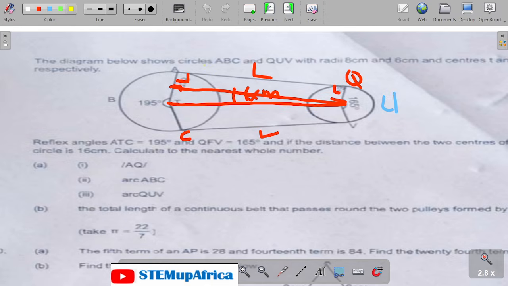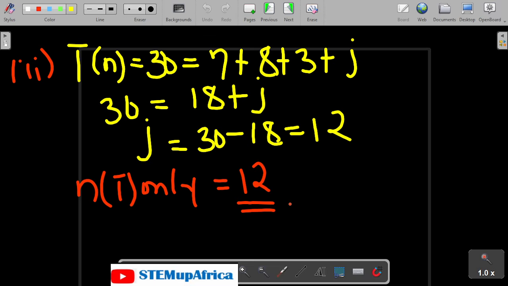Then calculate the length of the continuous belt that passes through two pulleys. The length of the continuous belt. So remember, if you have used machining, the belt starts from here, you come here, you go like that. You see that? So we are looking for what? The length of the major, the length of the minor, and the length of the belt. So we're going to have